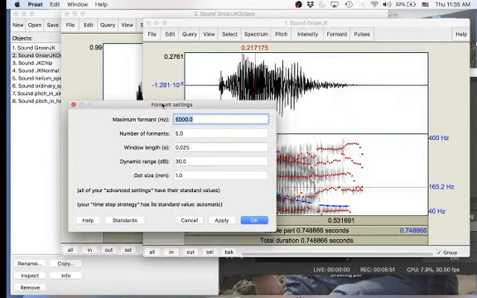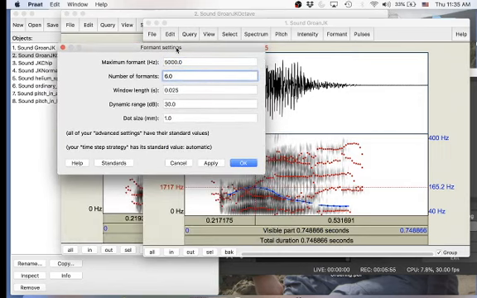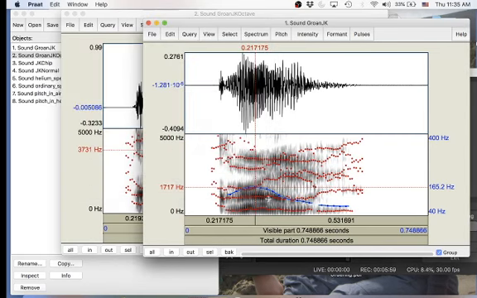I'm going to again change this to look for a sixth formant and see how that does. Oh yeah, that looks pretty good. All right, I'm going to leave the settings like that with 6 formants in each of these, because now I'm getting a pretty clear picture of F1 and F2 and F3. So let's try to do this right in the middle of the O vowel. Groan, groan. Actually, it's more like in the middle of the R, but this looks like a good spot,